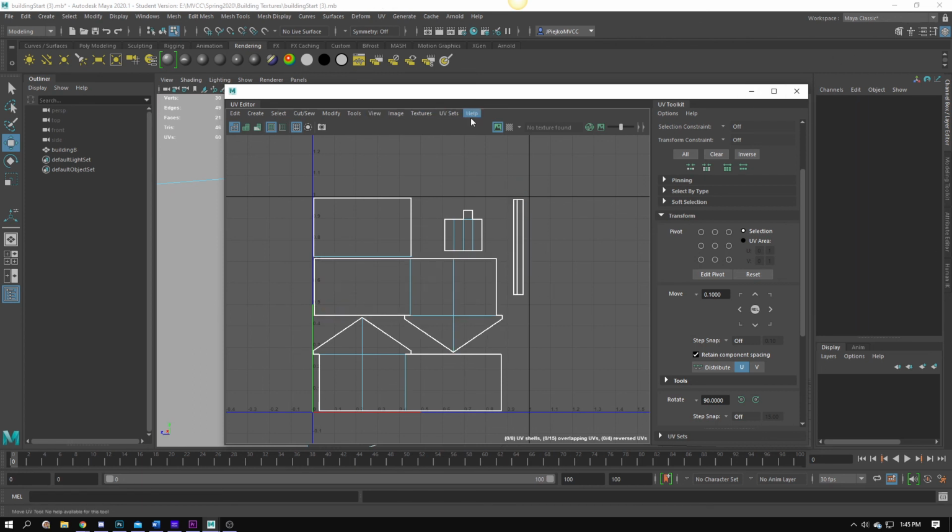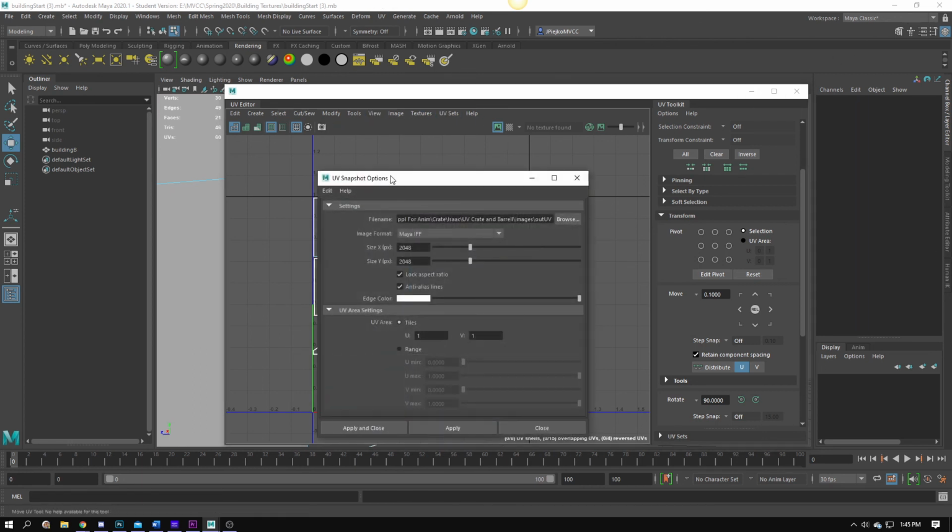So now that I have all that, that's where we can save this. We can do a snapshot and save that as a PNG. And remember, when we're doing this, we want to make sure that our size, let's say that that's going to be 2048 by 2048. So that's good. Now that's a lot of resolution, so what we'll do is downscale that later on. We'll drop that to 1024 by 1024, but 2048 by 2048 is quite a bit of resolution for us to be able to work with. And so we'll output that